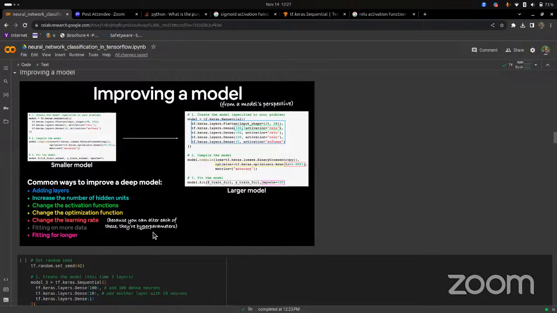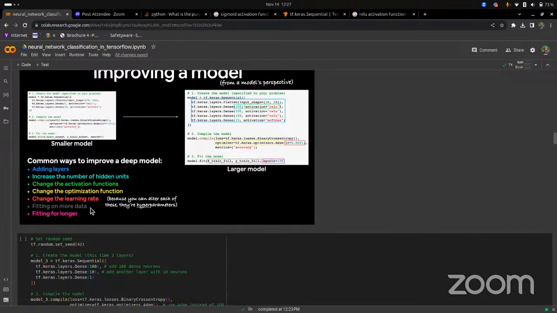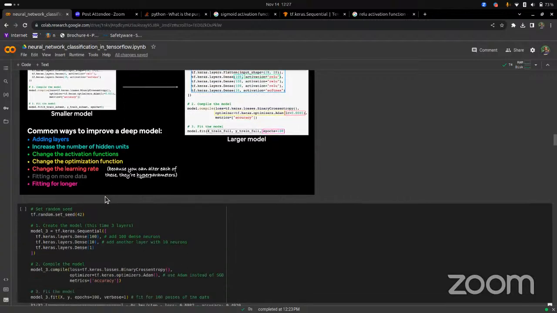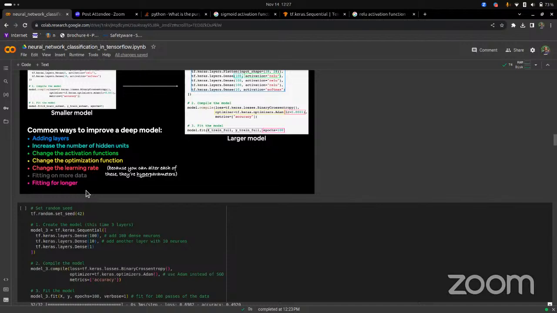And you can also fit on more data, like in machine learning, in deep learning. Deep learning is a sucker for big data. It's suited for millions of rows, right? So if you have a dataset that is almost like a million rows, right? Most likely you want to use deep learning for that, right? That's where deep learning shines over machine learning, right? And it can also fit for longer. And fit for longer is most likely the last resort because